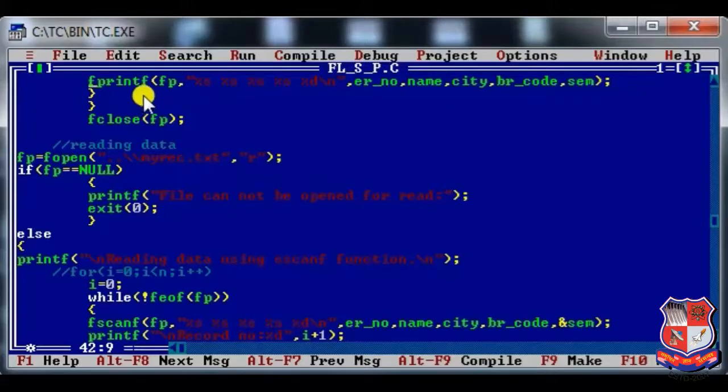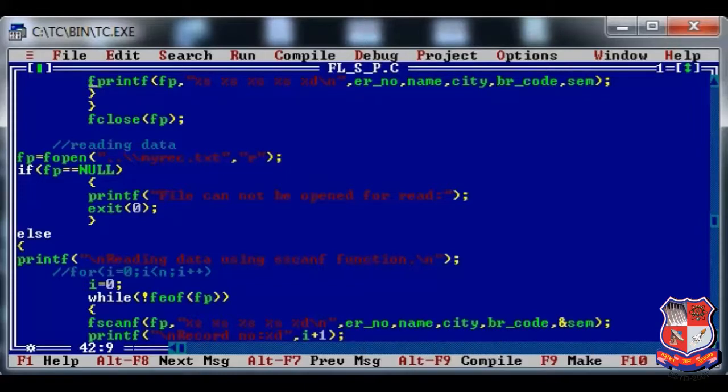The only difference is that in fprintf function we don't need to write ampersand anywhere, because in this function we are trying to write something to a string, whereas in scanf type of function we would like to extract the data from the given string. Okay, so that is why if we have any float or integer kind of variable, then we need to write down ampersand. If we are having string kind of, or you can say the character array kind of variables, then it is not required to mention ampersand.